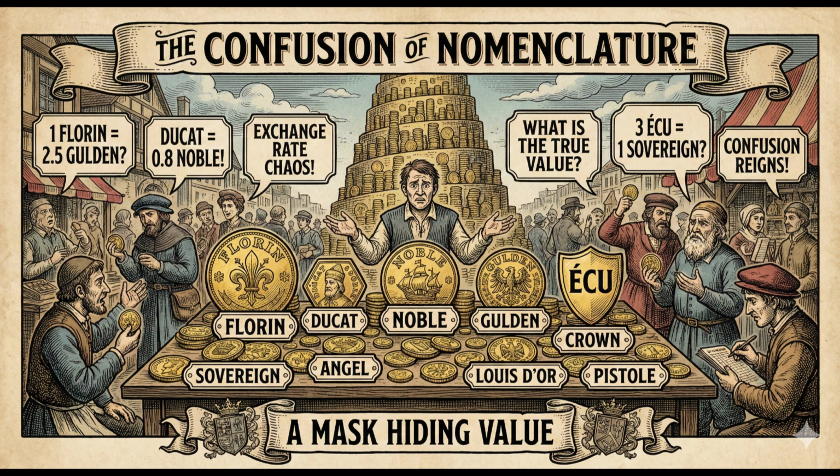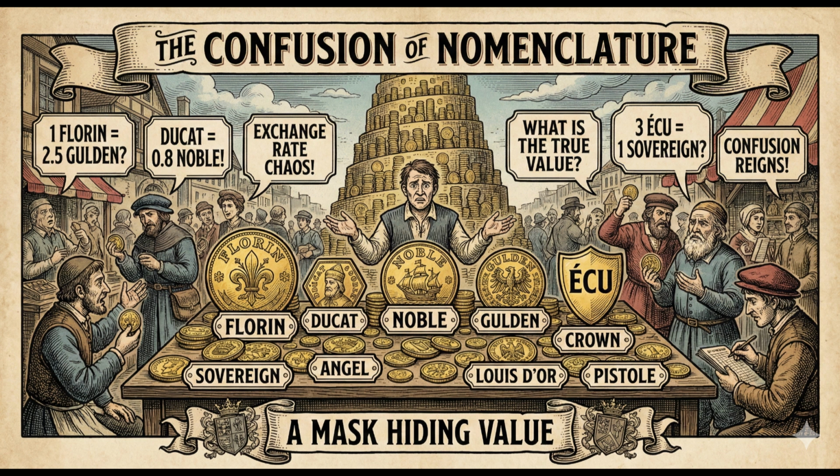Monarchs would cry up or cry down the value of certain denominations by royal decree to attract foreign gold into their own mints. The French écu, the English noble, the Spanish escudo, all competed for dominance, but their relative values shifted constantly based on the whims of local legislation. A merchant traveling from London to Paris would find his English nobles were valued differently, depending on whether he was paying a tax to the king or buying wool from a Burgundian trader. This lack of standardized nomenclature meant that every major transaction required a professional, a money changer, an assayer, to determine the actual gold content of the assorted coins.